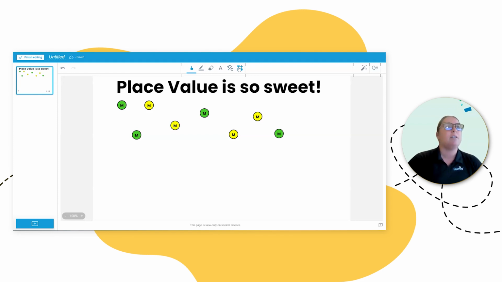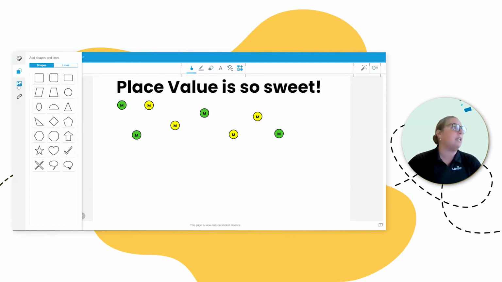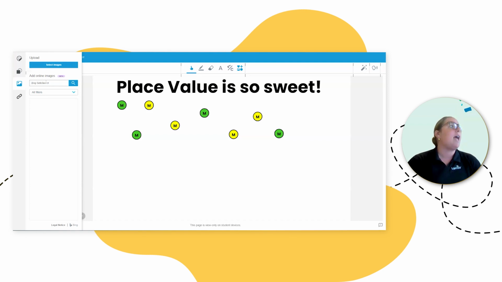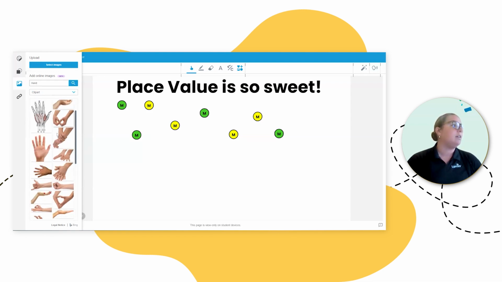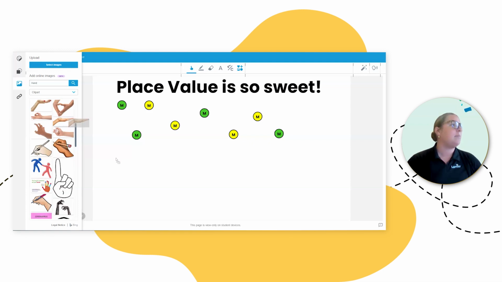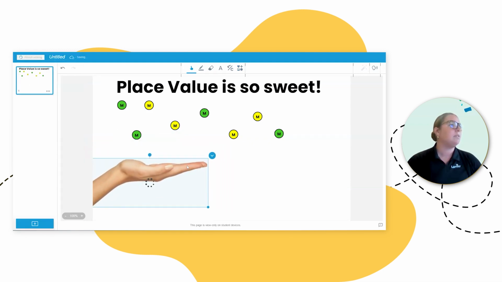And then lastly, same thing, I used the image tool. I went to image here, and there is a beta option that you can turn on, but I said hand, and I said clip art. And that's how I brought in that hand. Where is that? Boop, boop. And I locked it in place. Okay. So now that would be ready to go for me. Obviously, I would want to maybe delete all these.